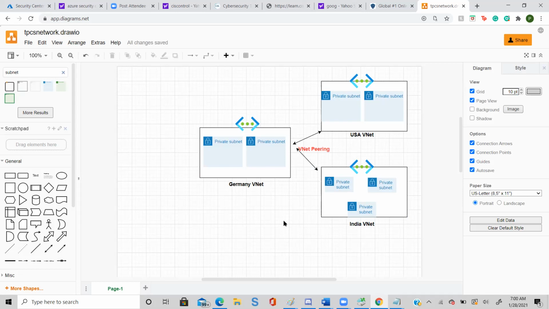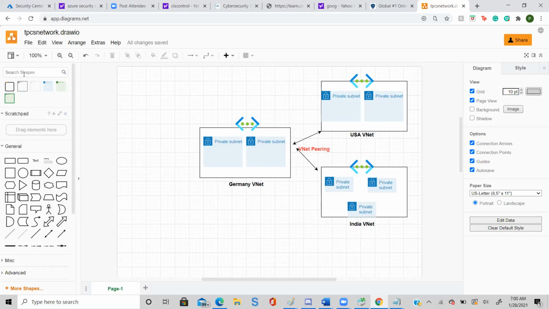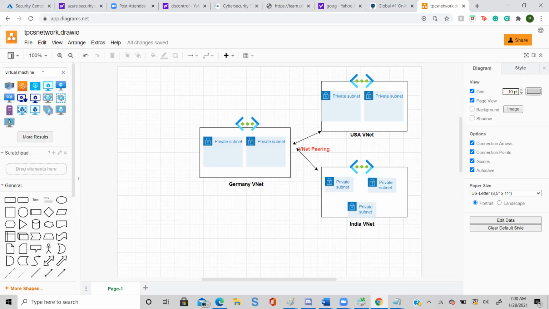Now, as per the customer requirement, I have designed this whole architecture. But now the problem is that, for example, let's say I have a virtual machine. Can you type virtual machine in your search box? Just remove subnet and type virtual machine. Hit enter.